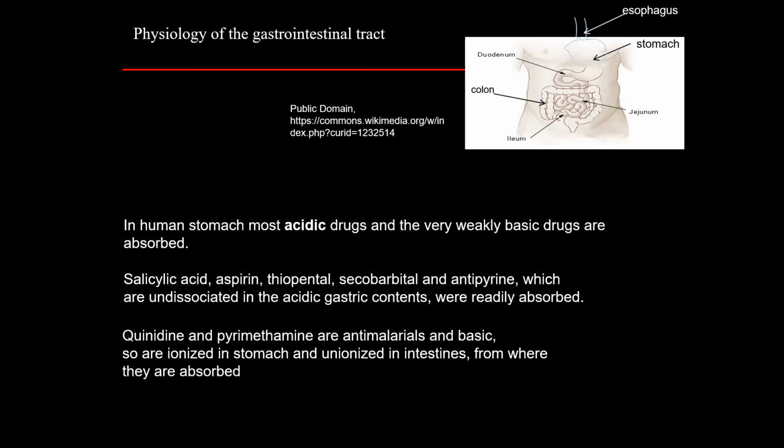So when you are designing a fast-acting drug, we have to keep that point in mind. It should not get dissociated at very high pH conditions. Whereas a slow-acting drug can get dissociated. So when the pH goes up, it will be in the undissociated form, more like basic drugs. Then it will get absorbed down the line actually. Some of the anti-malarial drugs will be dissociated in the stomach, but will not be ionized in the intestine, so they will get absorbed actually.